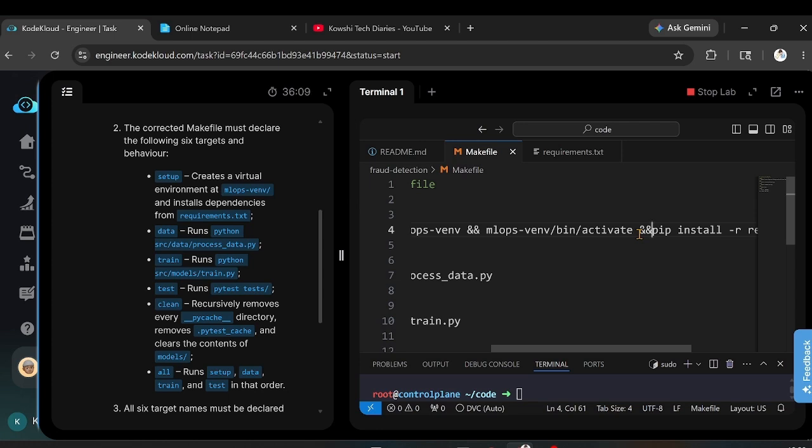Create, activate, and pip install. The requirement we need to upgrade: pip install --upgrade pip, and pip install -r requirements.txt. Okay,